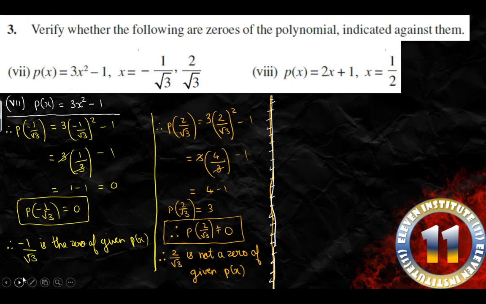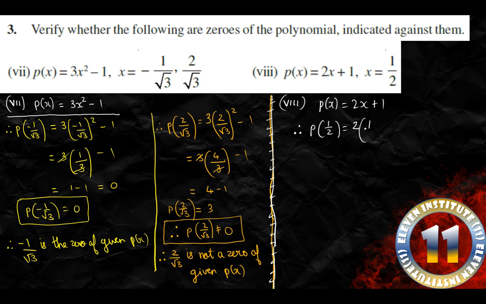Right. So we can see number 8 over here. And let us now write this. So I will again write the polynomial over here for number 8. P of x is equal to 2x plus 1. Now instead of x we have to write 1 upon 2. So I will write over here therefore P of 1 upon 2 is equal to 2 will remain as it is, and instead of this x we will again write 1 upon 2 plus 1. So this 2 and this 2 will cancel each other. So what remains with us is 1 plus 1, and 1 plus 1 we get the answer 2.